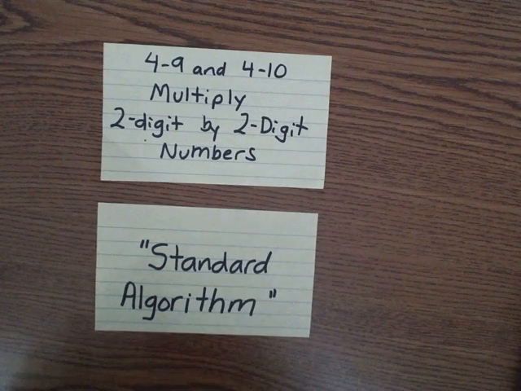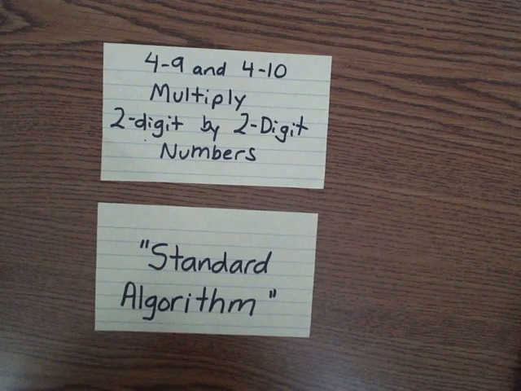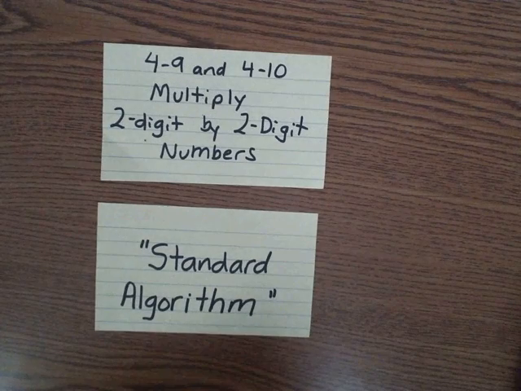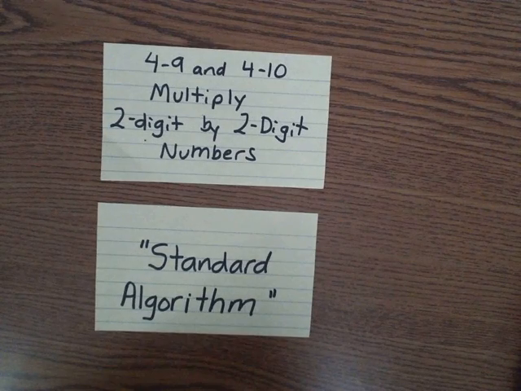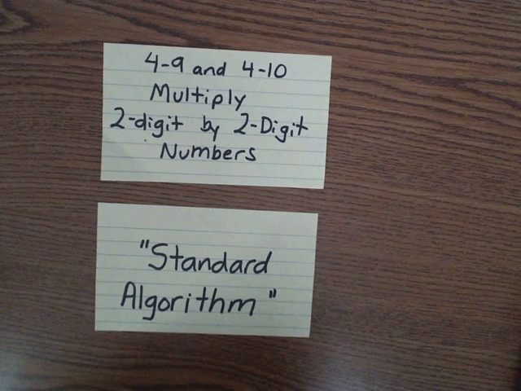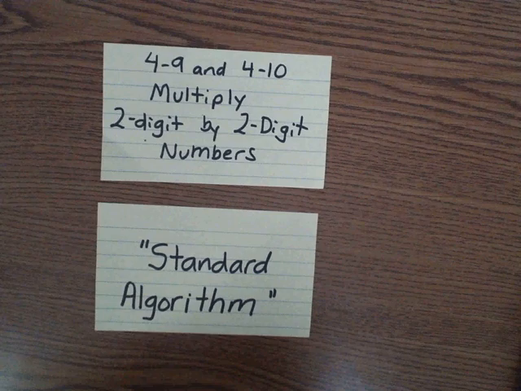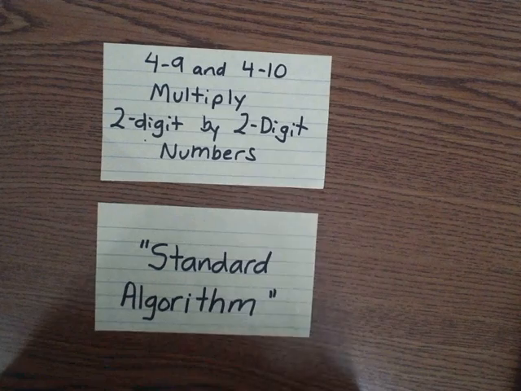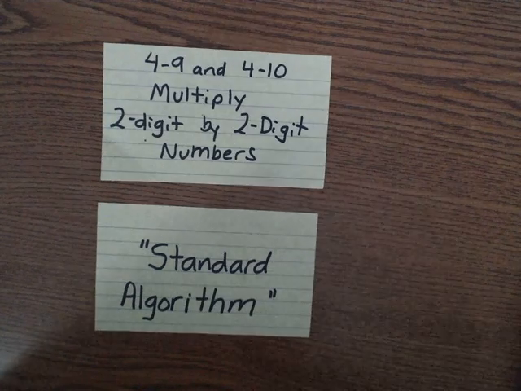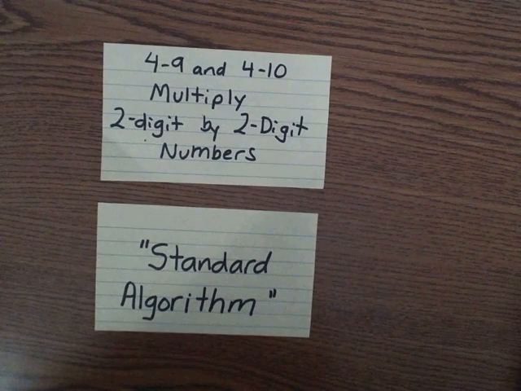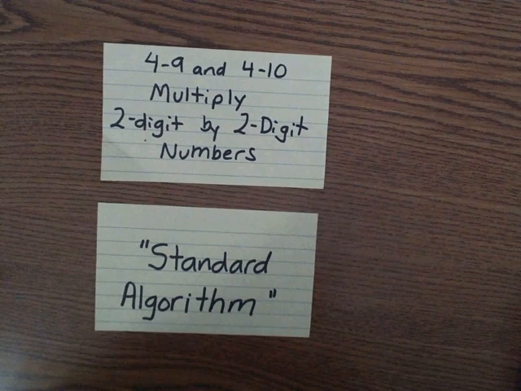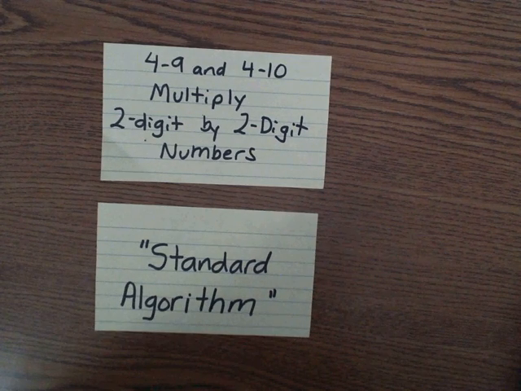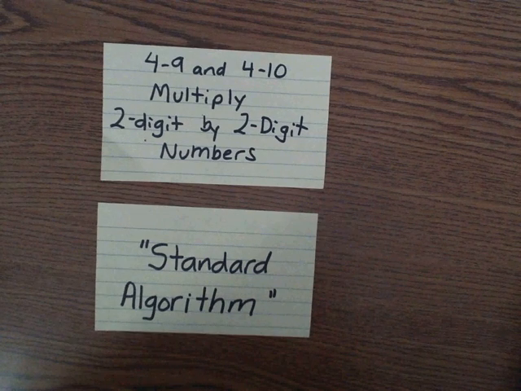Today's review video is for 4-9 and 4-10, how to multiply two-digit by two-digit numbers using the standard algorithm. Now, that's a fancy word, algorithm. We talked about in class that an algorithm is a step-by-step process to get you your desired result. I always say that an algorithm is just like a recipe. When you're making a recipe, you follow the steps, and then at the end, you get whatever the recipe was